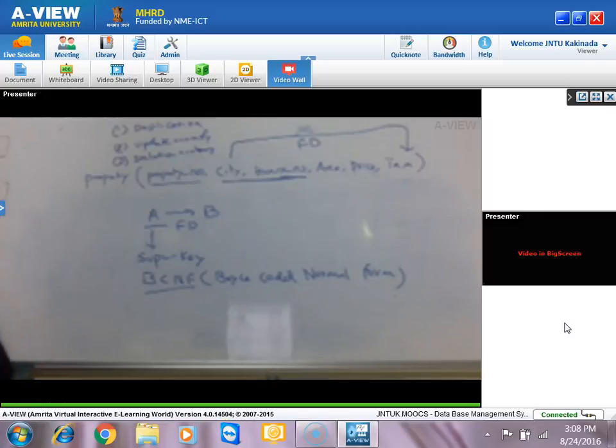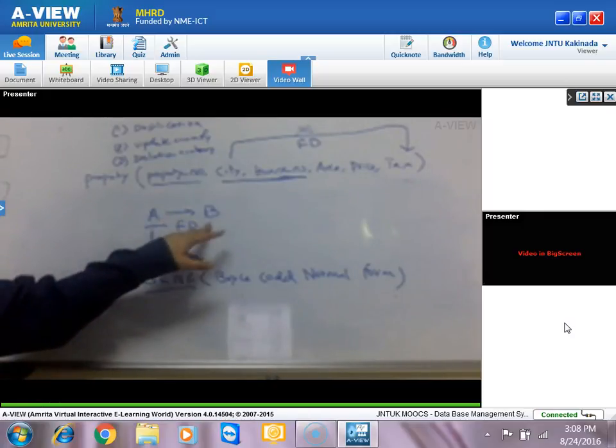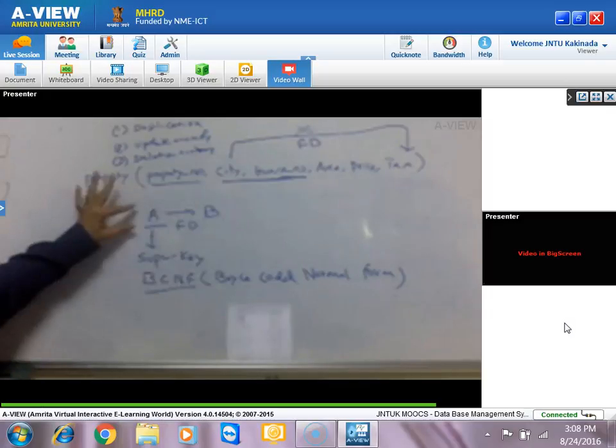The idea is there is a functional dependency between A to B. If this functional dependency doesn't become,